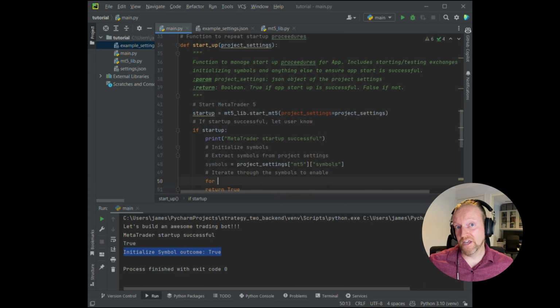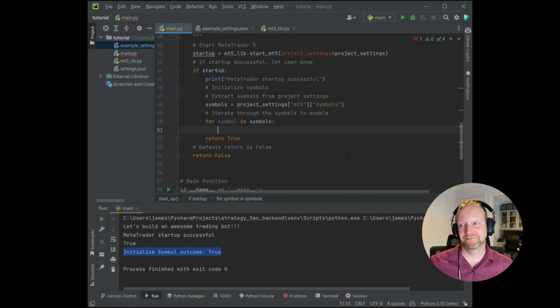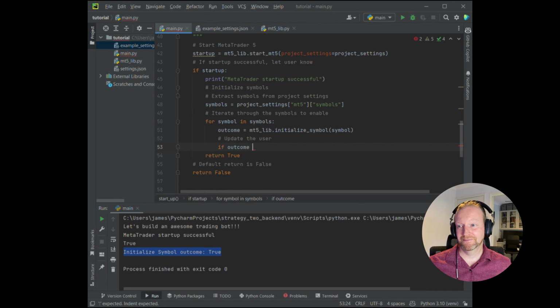And then we iterate through that list and enable each symbol individually. Okay. If the outcome is successful,